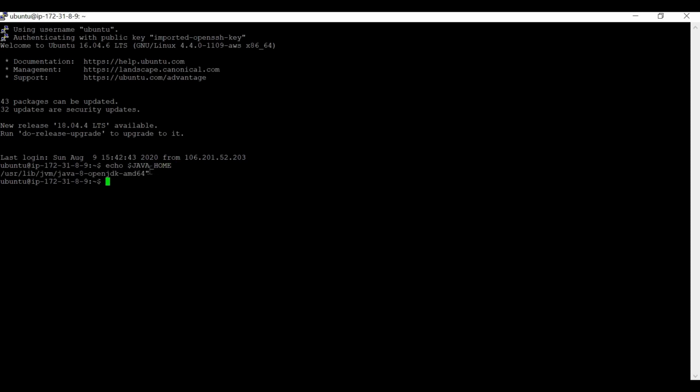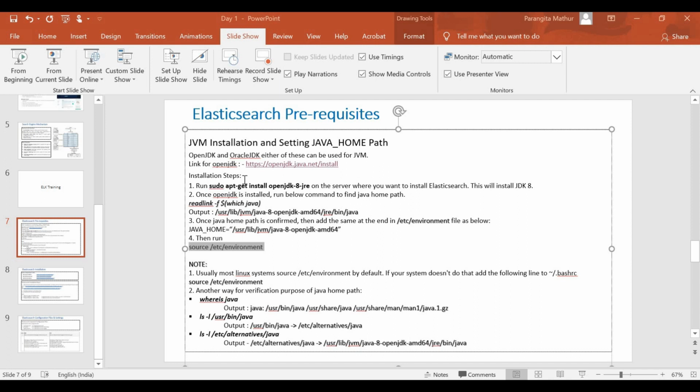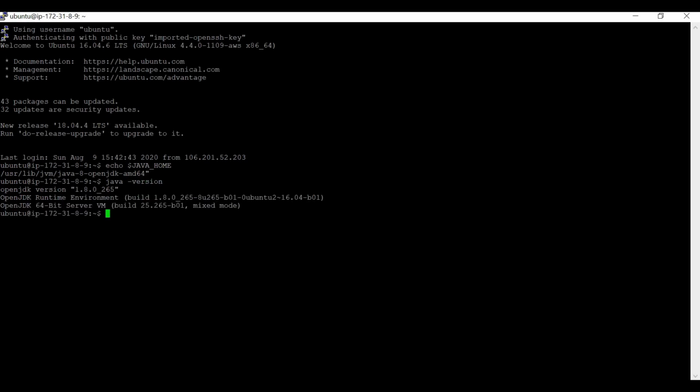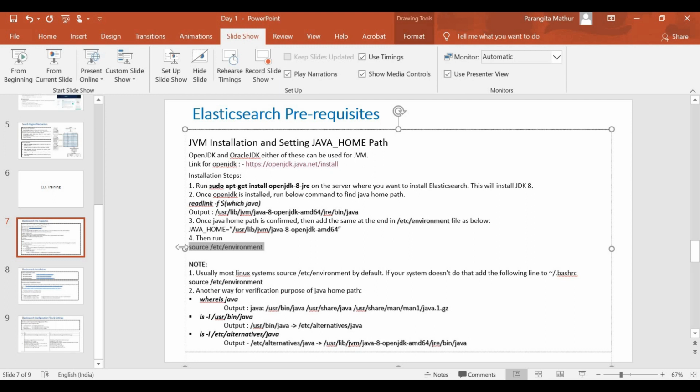This is properly available, because there's no double inverted comma which was showing up when I copied it from there. So this path is fine. My JVM is configured. Let me verify it again. My JVM is configured and my Java home path is also configured.